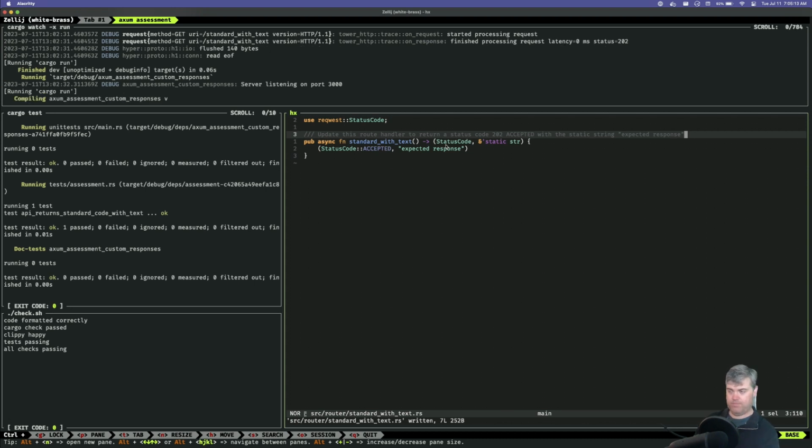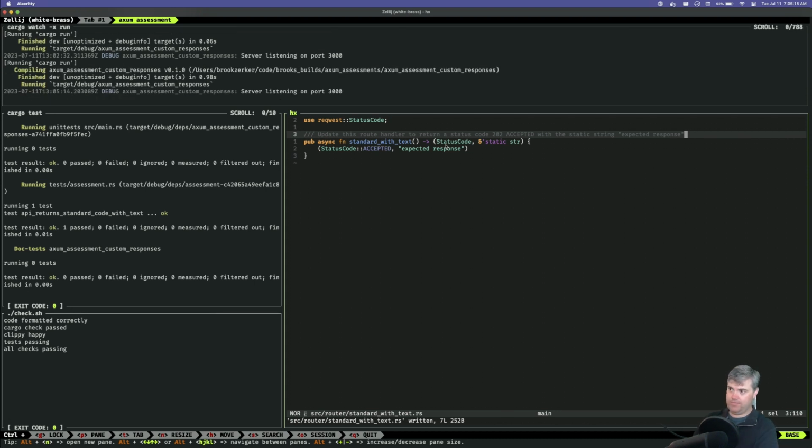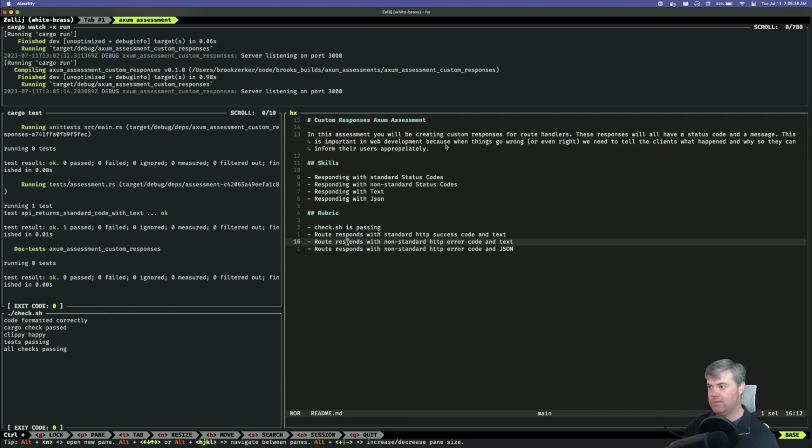So far I think the only ones that we'll need to do are the route handlers themselves. Okay. What is next? Non-standard HTTP error code and a text.